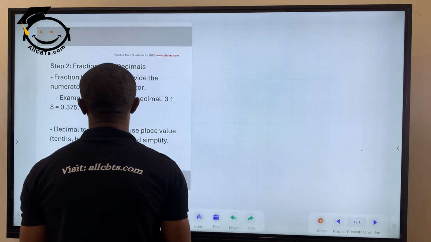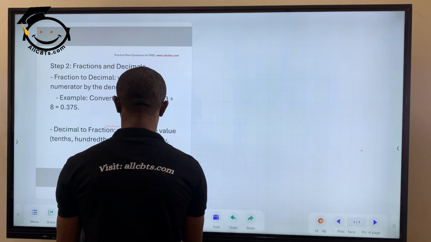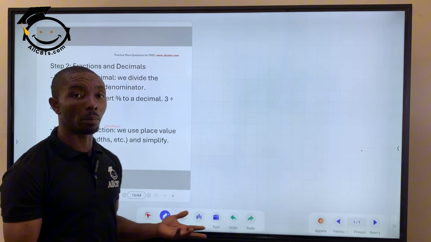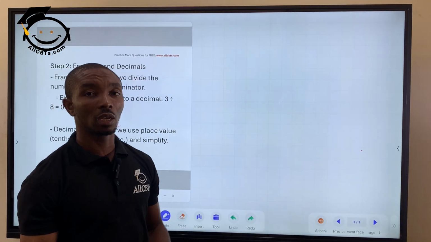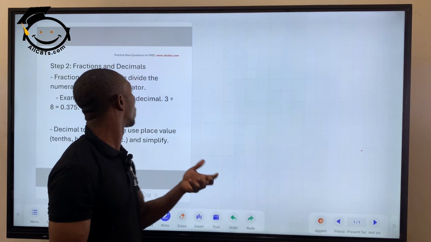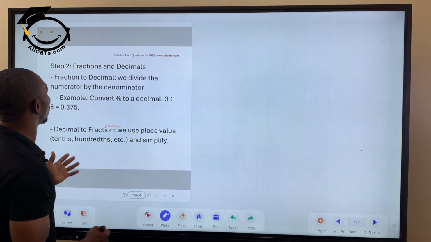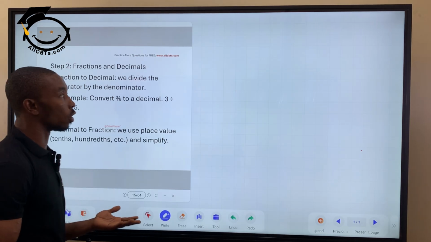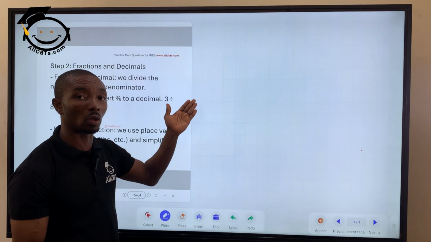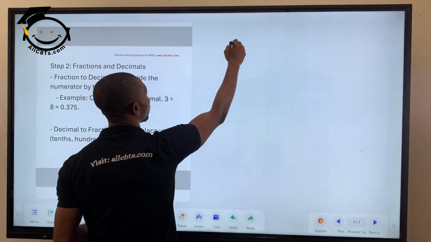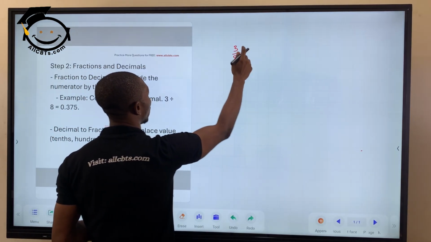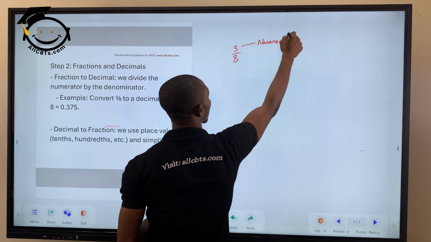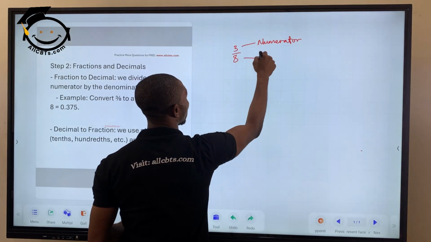Alright, now fractions and decimals. Now fractions, what are fractions? Fractions are part of a whole number. So for every fraction you see is taken from a whole number. Now fractions to decimals, we divide the numerator by the denominator. Okay, just like I've shown you where we did an example on half. So let's look at converting 3 over 8. This is a fraction. This is a numerator. And this is a